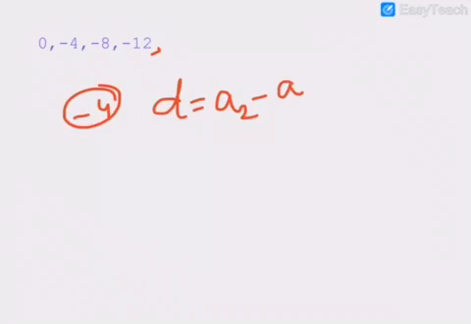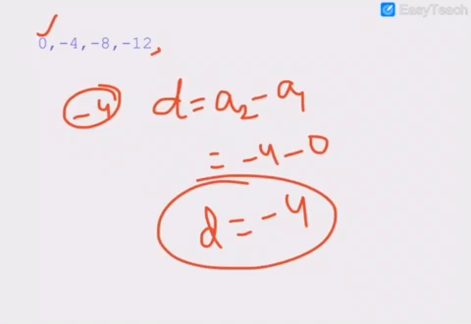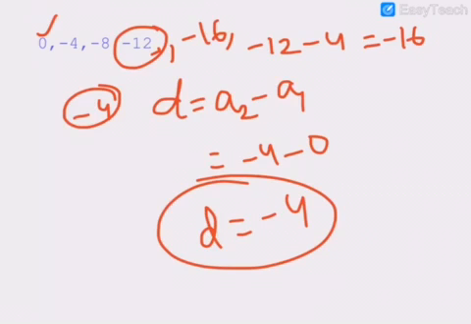How do we get it? d is equal to a2 minus a1. What is a2? Minus 4, minus what is a1? 0. So what do we get? Minus 4. So this d you will have to add to the last term. Minus 12 minus 4, how much? Minus 16. So the next term will be minus 16. Similarly if you want the next term, minus 16 minus 4, minus 20. Since d is negative, though we are adding, the terms keep decreasing going forward. However it is, you will first have to find d, a2 minus a1. Generally it comes in positive values unless the question is a decreasing series. So you add that and get the terms like this.